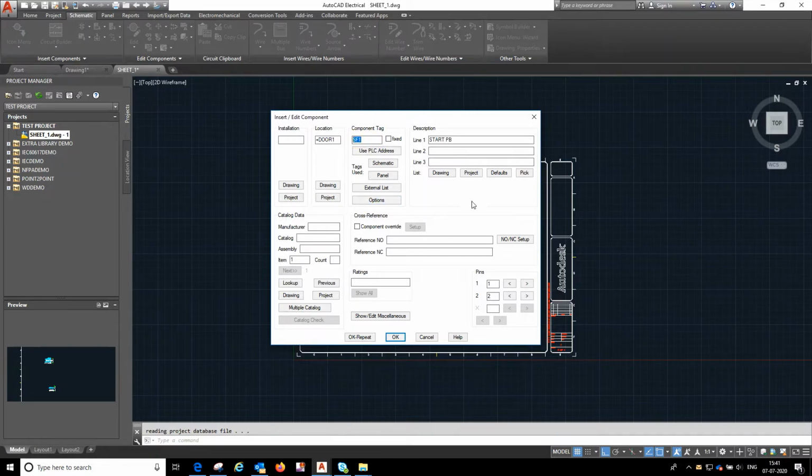So this is the component tag, which is very important, by which we can recognize where the component is located in the panel. So this is nothing but the name of the component. So here I'm going for lookup.